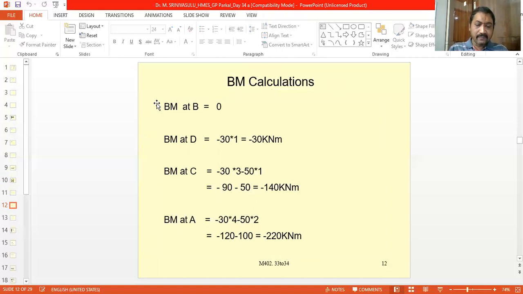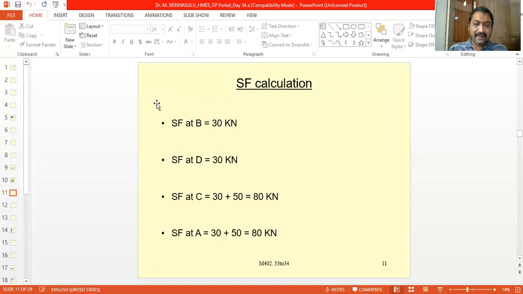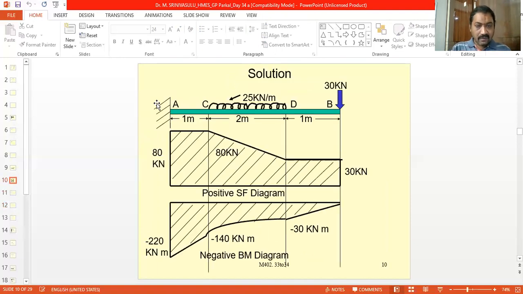Now coming to the bending moment about point A. So now this is the starting, that is the fixed end. If you want to take the bending moment at point A, you take the section here, exactly at point A. Now to the right of the section we got the two forces, and because of these two forces it produces some moments.